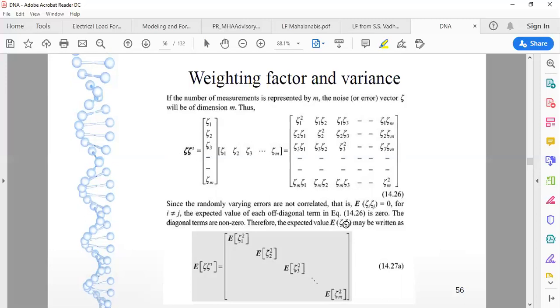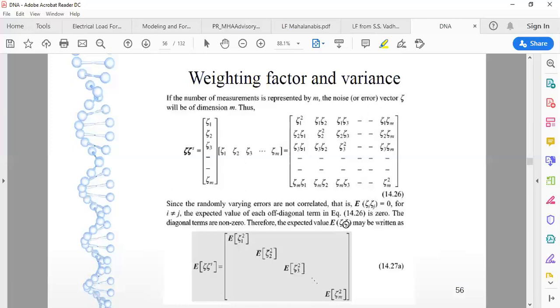Now, what is variance? Till now, we know that the square of standard deviation is known as variance. So this topic will be a link between weighting factor and variance. We want to establish a relationship for ease of access, to find an easy solution using least square estimation. It is better to find the relationship between weighting factor and variance.